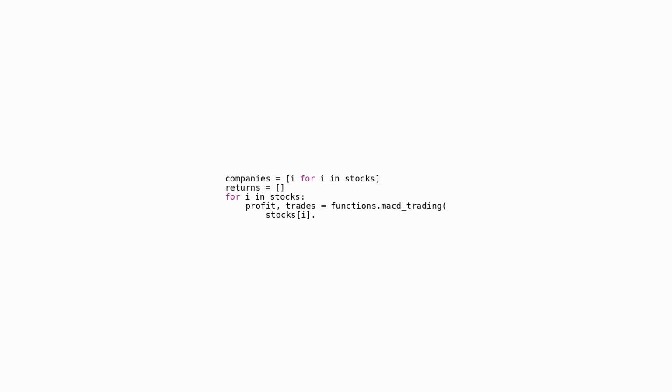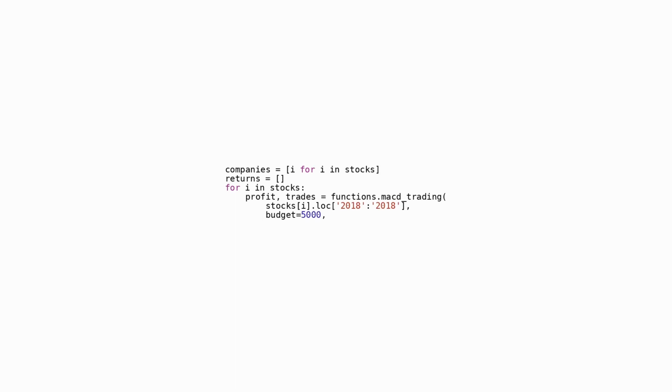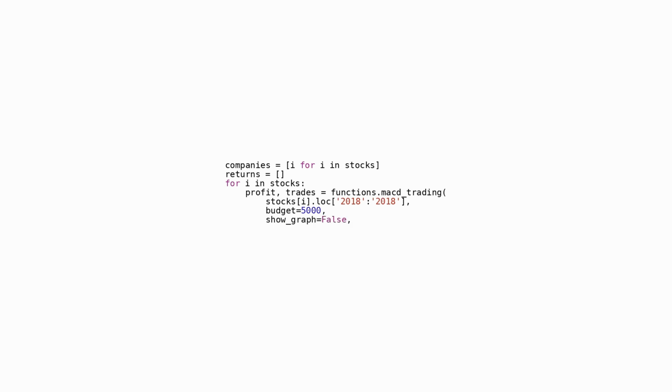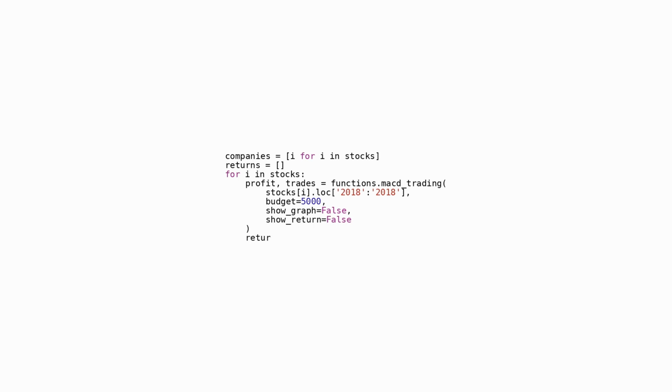The resulting profit is proportionately adjusted to reflect a percentage of the initial budget of 5,000. The percentage profit is rounded to 2 decimal places and appended to the returns list. This script serves the purpose of evaluating stock performances employing the MAD trading tactic for the year 2018. It facilitates the comparison of returns yielded by individual stocks during that specific year. By automating the returns calculation process utilizing a defined trading approach for numerous stocks, it streamlines the analysis and decision-making